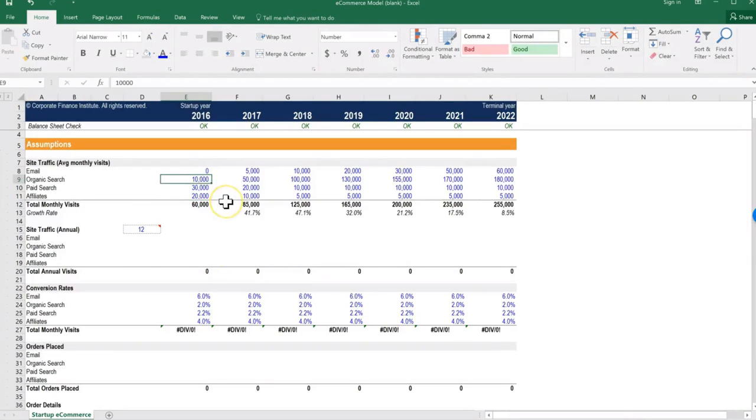So I've keyed in some numbers here that kind of make sense to me for how a startup might look in terms of average monthly visits over the course of a year. Keep in mind this would be ramping up over the year from 0 in all of these channels on day 1. Please feel free to type in here whatever numbers make sense for you and your business.